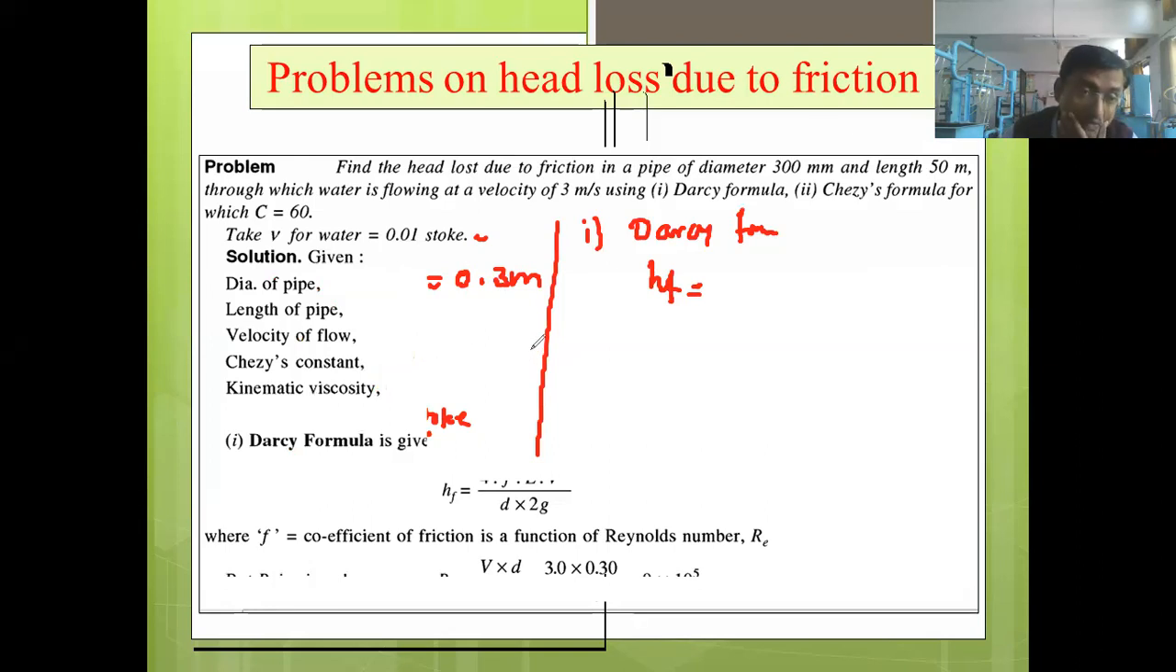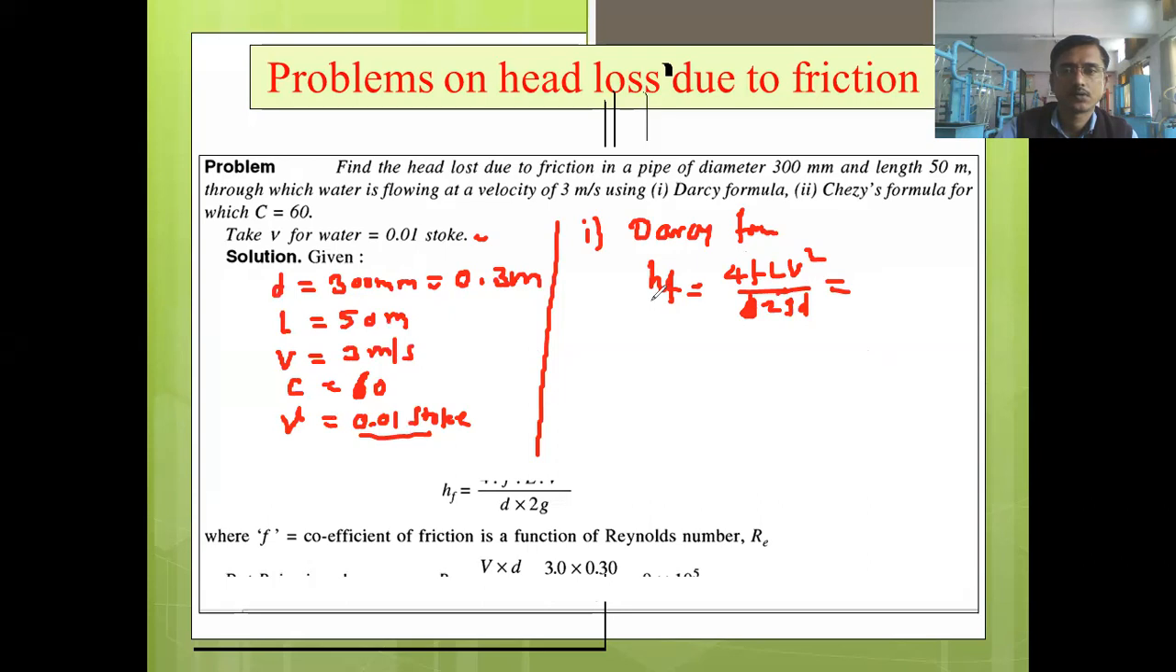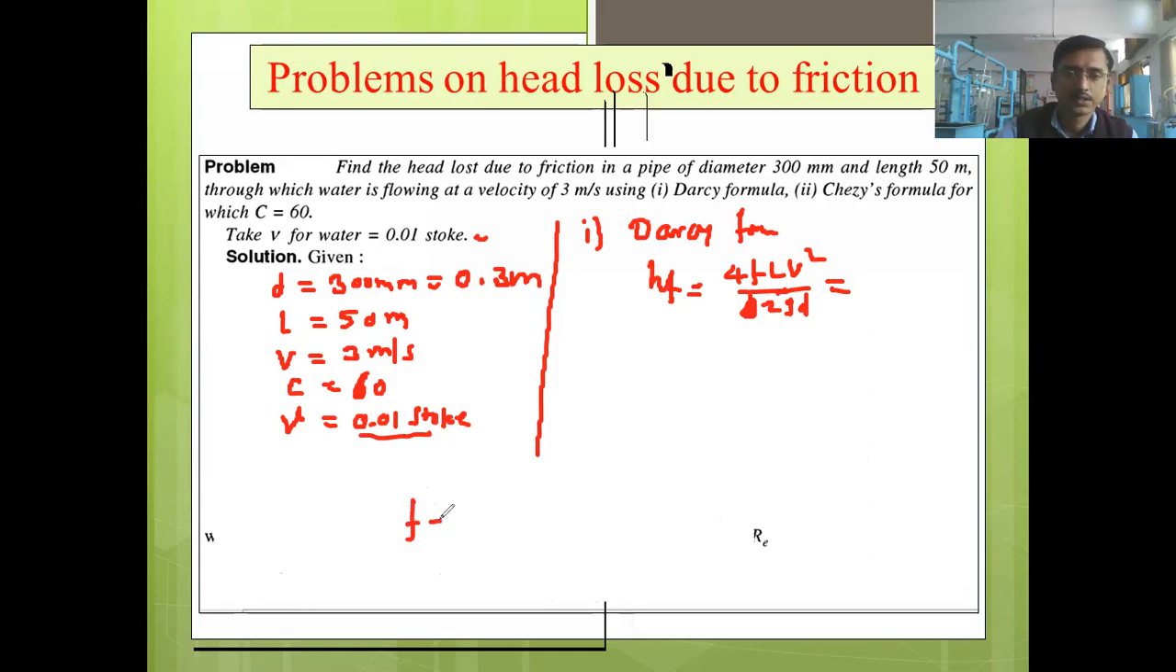HF is equal to what? HF is equal to 4F into L into V square upon D into 2G, or 2gD, also you can say like this. Okay, this is the formula for Darcy's equation. Now, whether they have given the value of F? F ची व्हॅल्यू दिलेली नाहीये. ठीक आहे, F दिलेलं नाहीये म्हणजे आपल्याला आधी काय करावं लागेल, F काढावं लागेल. F काढण्यासाठी काय फॉर्म्युला आहे,